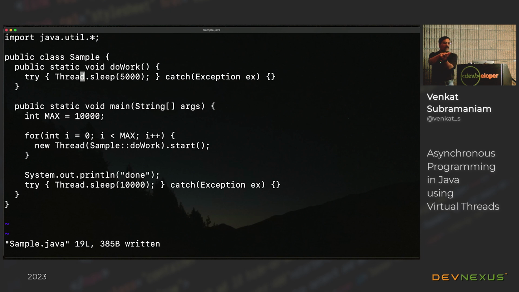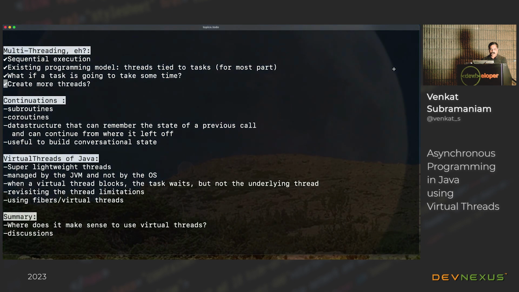So when the task is blocked, the thread is blocked as well. What we need to rethink is, hey, if the task is blocked, I want to detach the thread away from it, and I want to let the thread go do other things. And when the task is ready for execution, I want to assign a thread to it so it can execute. So what if we can make this non-blocking, as in when the task is blocked, I don't want to block the thread, so I can use the thread for other purposes. Now think about this for a minute. If I don't have to block the thread, I don't need to create as many threads for execution at the underlying level. So let's revisit this problem in a few minutes, and we'll come back and see how we can work with it.